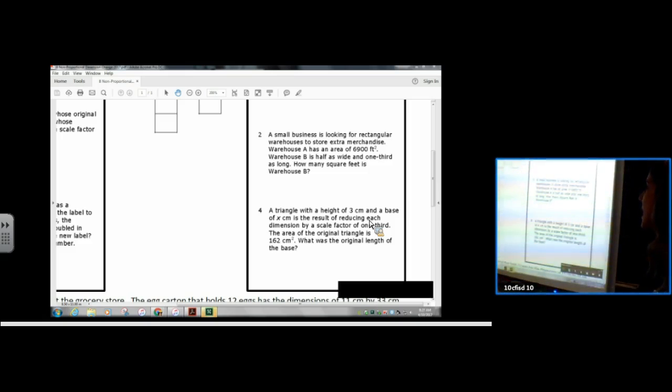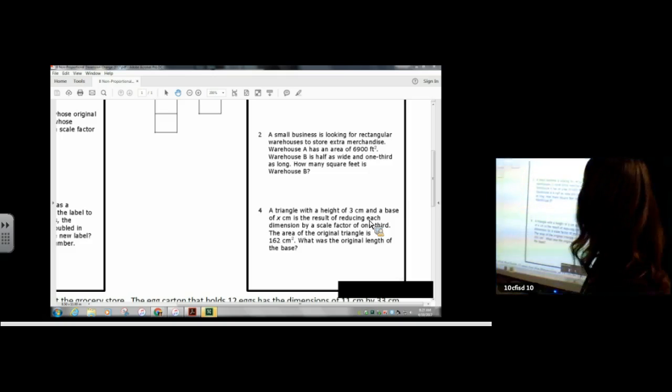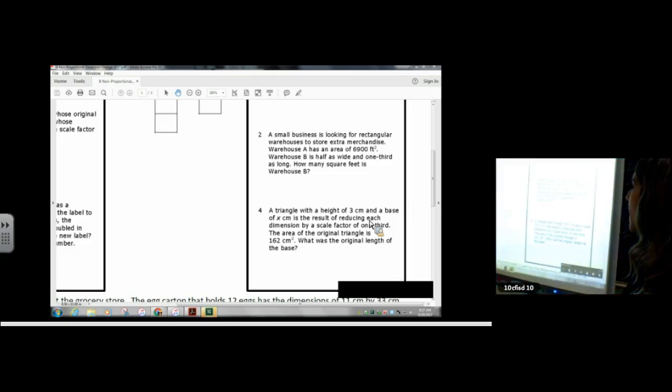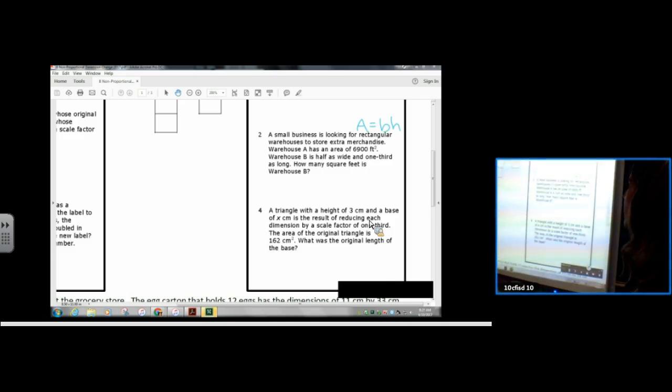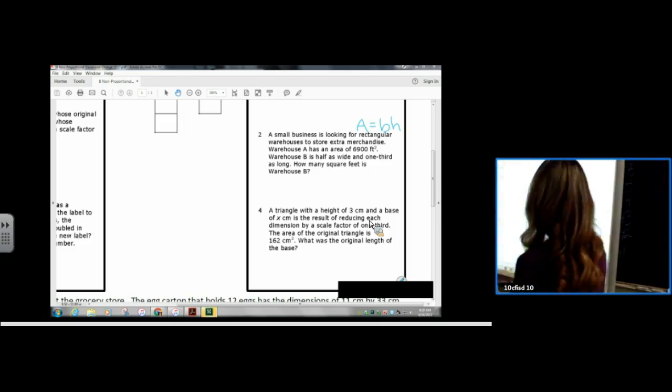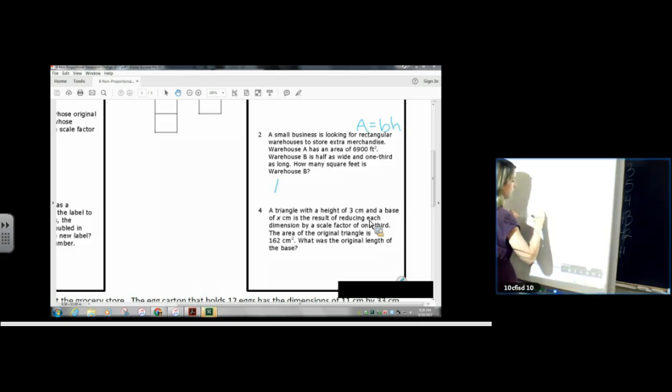Warehouse A has an area of 6,900 square feet. Warehouse B is half as wide and 1/3 as long. How many square feet is warehouse B? So they use length and width, and I said base and height, but it doesn't really matter. So for warehouse B,